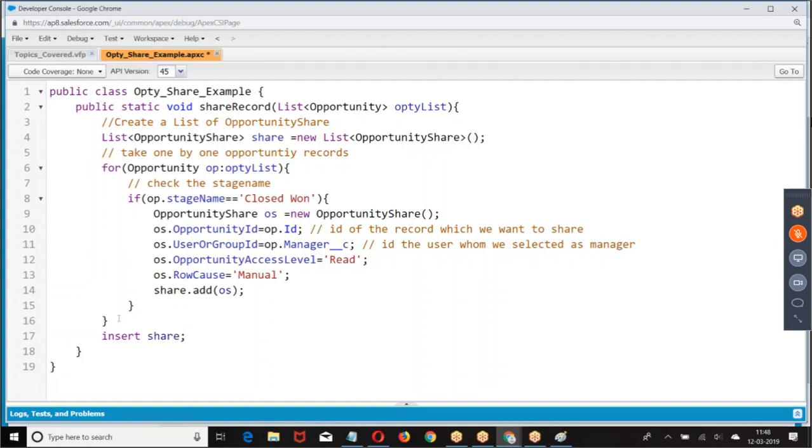The only thing is, you know insertion on account because you have been working on account for a couple of examples, so you know what all the fields are. Opportunity share is one of the standard objects. What are we supposed to do? Go to that object, find out what the fields are, then try to update. Right? Then how do you call this? Before or after? Is it a before trigger or after trigger? Why after trigger? Because I have to give the ID of the record which you want to share.